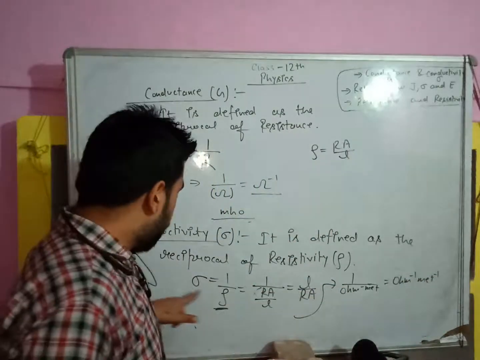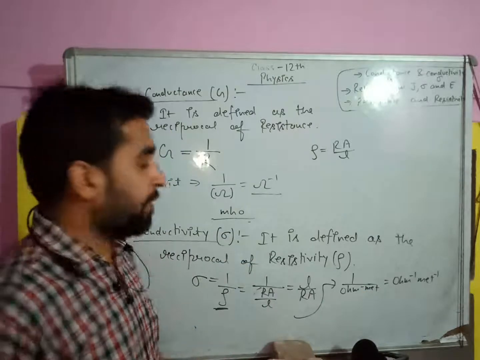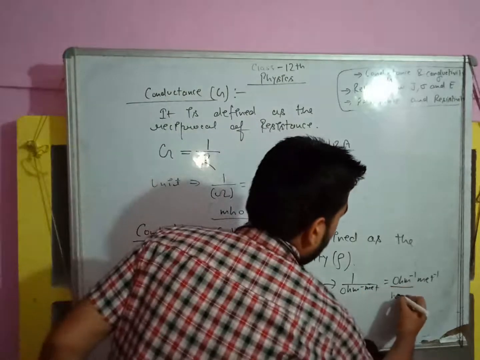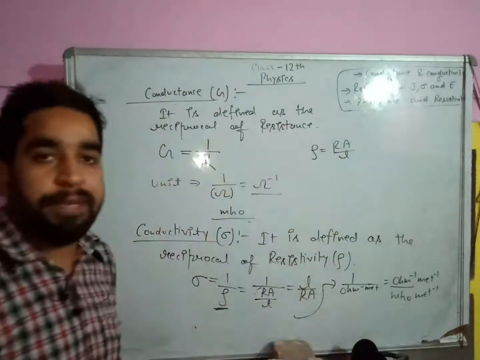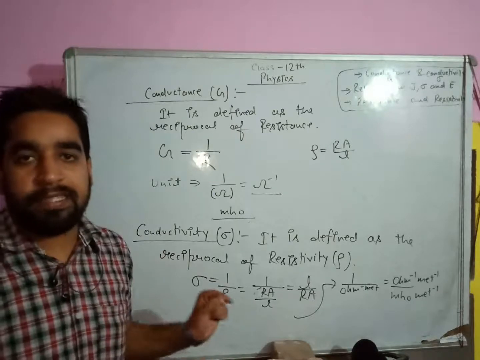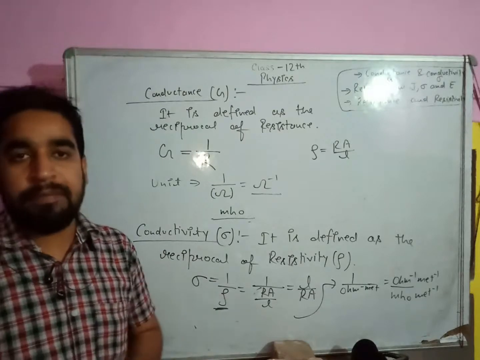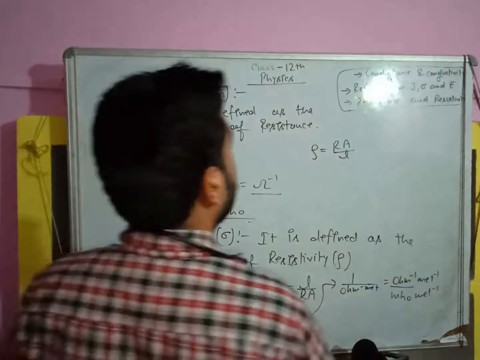The unit of conductivity will be ohm inverse meter inverse. One more unit can be there: ohm inverse is mho, so mho meter inverse, or we can say Siemens meter inverse. So these all are the units for conductivity. This is the reciprocal of resistivity. Please remember this. Now students, we are going to solve a few more things, that is the relation between J, sigma